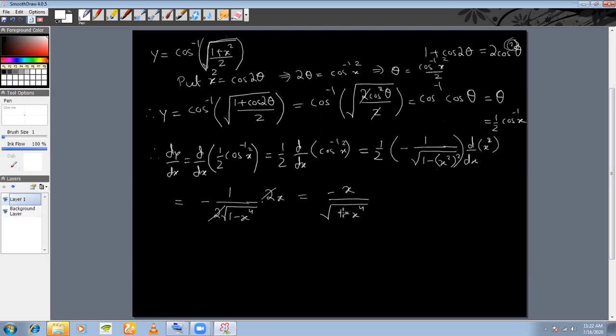Okay. So you see here, this square root was taken care of by this square, and you also saw that this 2 in the denominator was taken care of by this 2. Okay, so this is a very important example. Now what I'll do is I'll stop here for today.